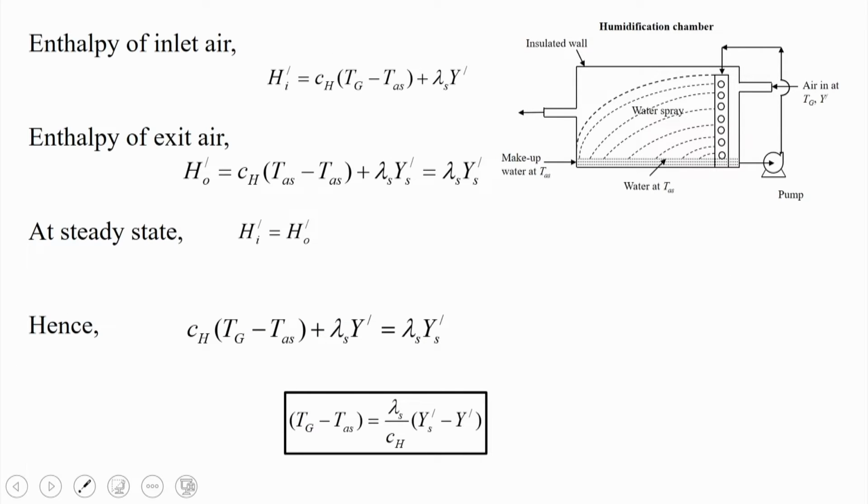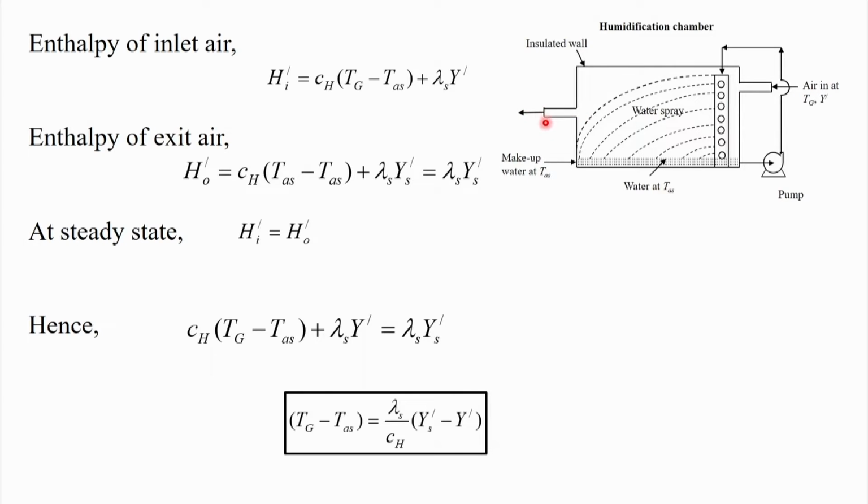So, you see this, the enthalpy of the inlet air will be H_I' = C_H (T_g - T_AS) + λ_s y', because this air enters at temperature T_g, and the temperature difference will be T_g - T_AS. And the enthalpy of the exit air,